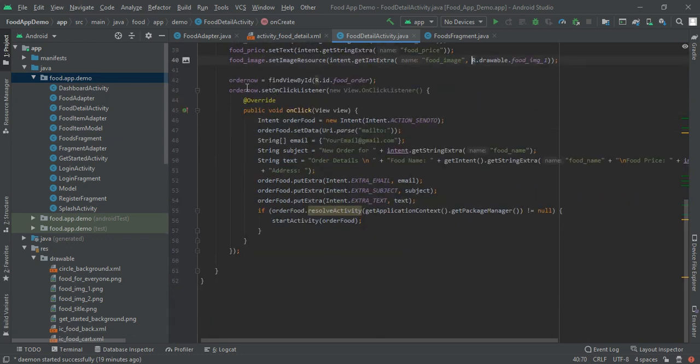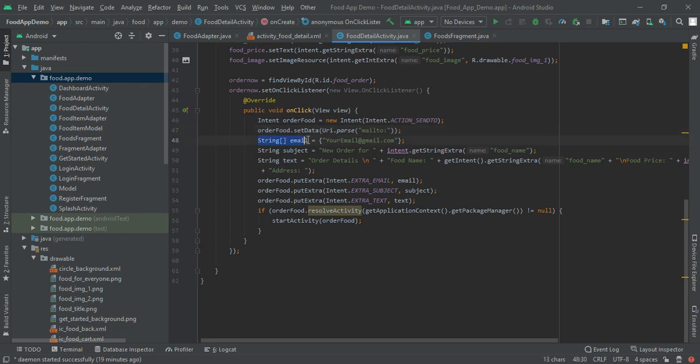Next, to get our order, I had created a special intent that name is Gmail intent. In here, we will set an action send to, and then set its data to mail to. So this will select all the mailing applications.